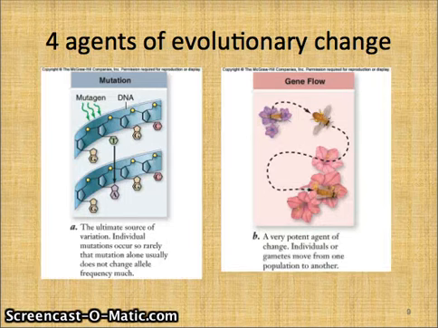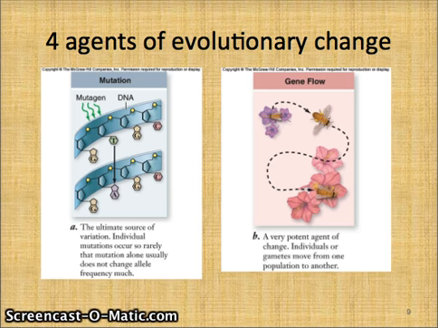The last little bit we're going to talk about are the processes of evolutionary change. There are 4. First, we've talked about mutation already. That is the ultimate source of genetic variation. It is what makes evolution possible. However, a typical gene will mutate only once every 100,000 times. So because of that, the allele frequency is pretty low compared to the other processes that we'll talk about.